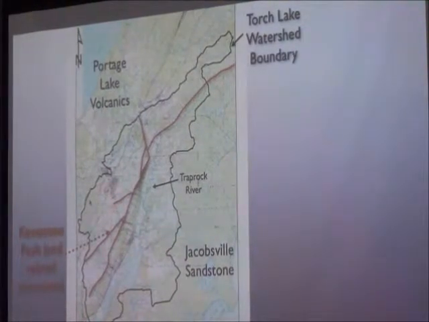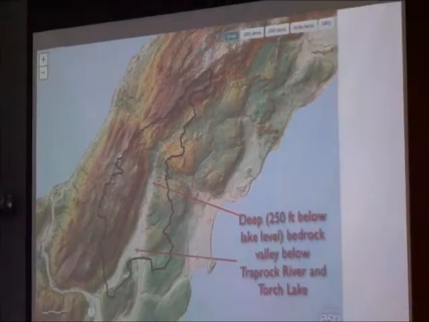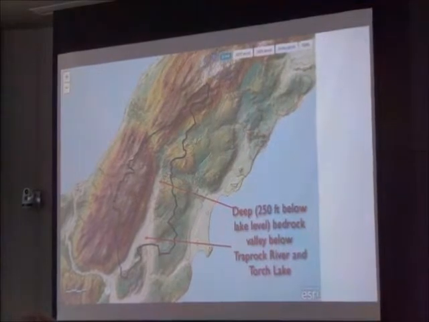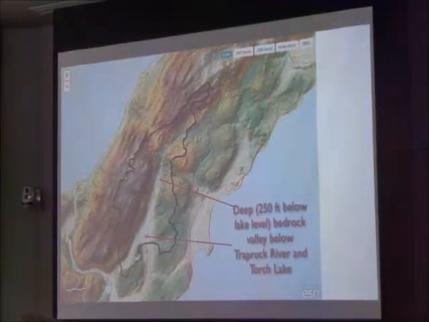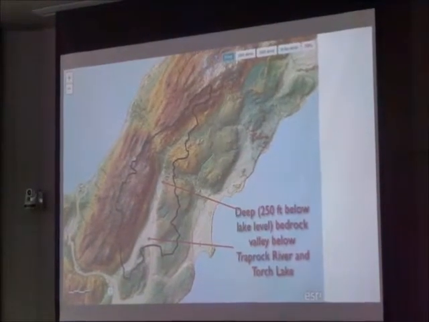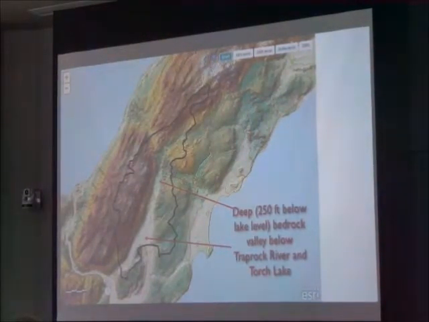And so just to focus on the valley, which goes down here, the Trap Rock Valley, you can begin to see it on this topographic map. It's a really deep valley. It goes 250 feet below sea level. It's filled up with glacial material that got washed in there. But it's a deep valley, and it originated at the time that the glaciers pulled off of the Keweenaw,